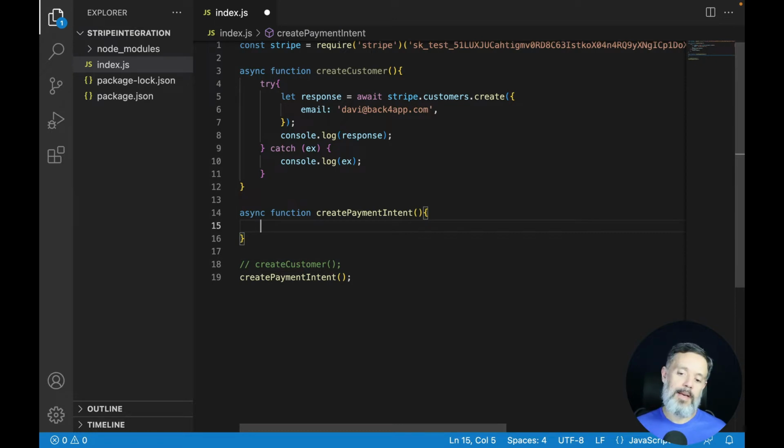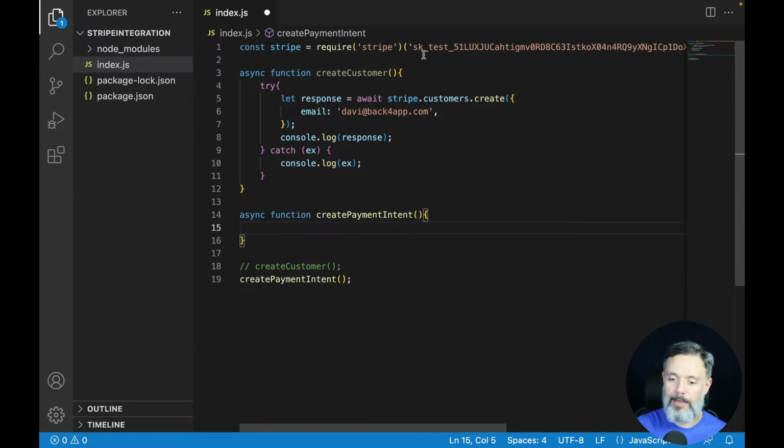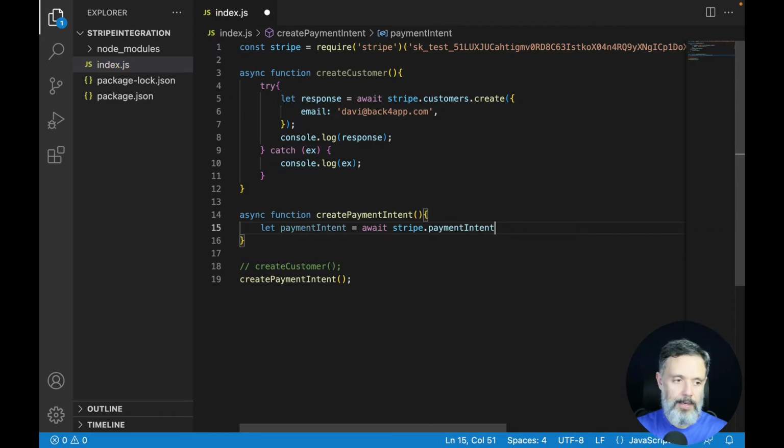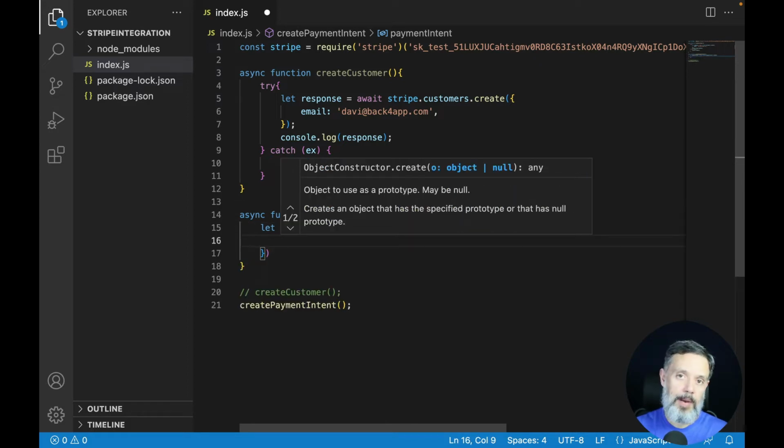And the first step I have to do is to have my Stripe instantiated with my secret key. And then we are going to start doing some code to create the first payment intent. We're going to create a very basic one. So let paymentIntent equals await, because this is an asynchronous call. We're going to call a Stripe service to generate this intent. Stripe.paymentIntents.create, and this will take an object as a parameter, and we can pass in a few options such as